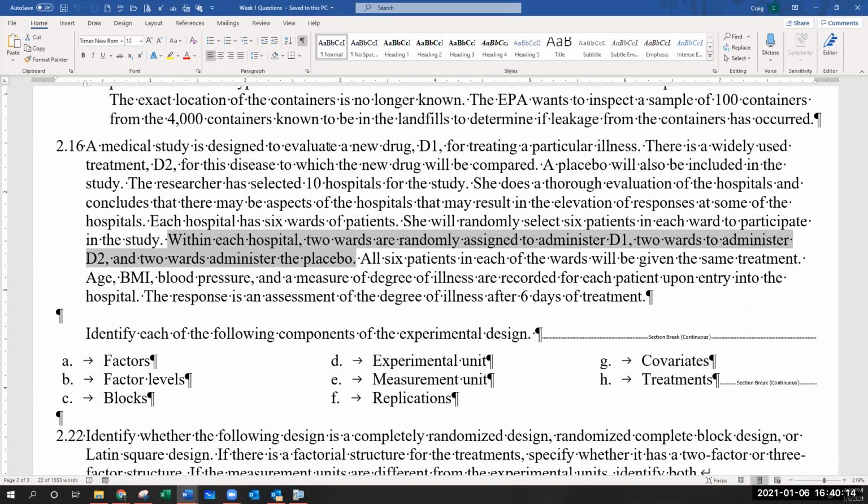So I can see why you would think of D2 as being the control, because we're going to compare D1 to it. But the true control would be the placebo group, because we have to have a baseline measurement to see if there's any effect from either drug, right? So the placebo group is going to be that baseline control measurement. Then we can see what kind of effect D2 is getting above and beyond what we're getting out of the placebos. And then we can also compare whether or not drug 1 is getting even more of an effect than drug 2. Okay, thank you. That helps. Yeah, of course.